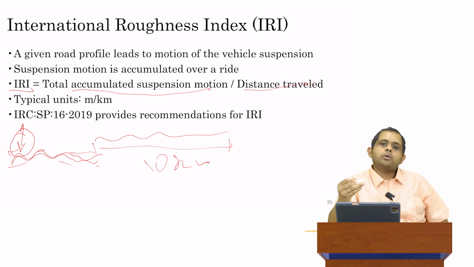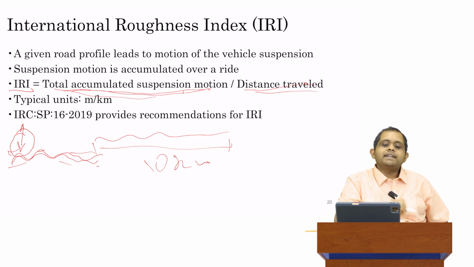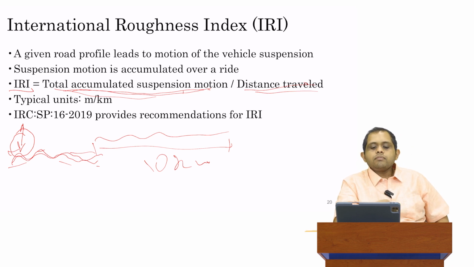Obviously, you add it up over 10 kilometers, it's going to become somewhere of the order of meters. So a total suspension movement from beginning to end over this 10 kilometers will be something of the order of meters. We take that total accumulated suspension, we divide it by the distance traveled, and that value gives us the International Roughness Index. And a typical unit, it's very important to know the units, is meter per kilometer,